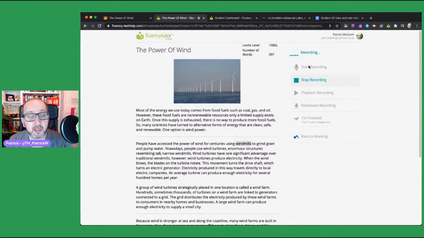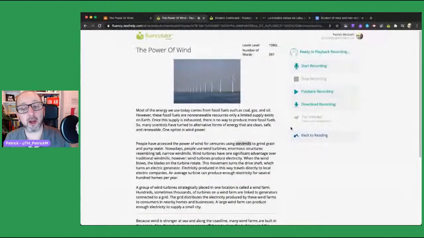Most of the energy we use today comes from fossil fuels such as coal, gas, and oil. However, these fossil fuels are non-renewable resources. Okay, now obviously I'm reading that in a protracted way for the demo, but I'm going to show you